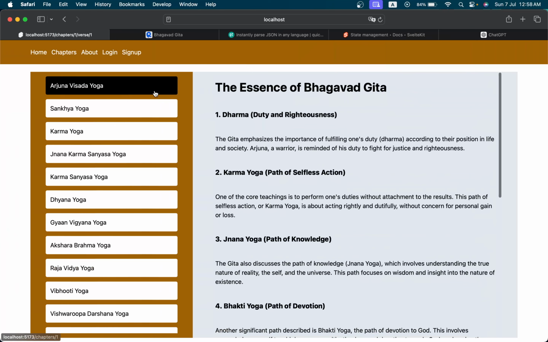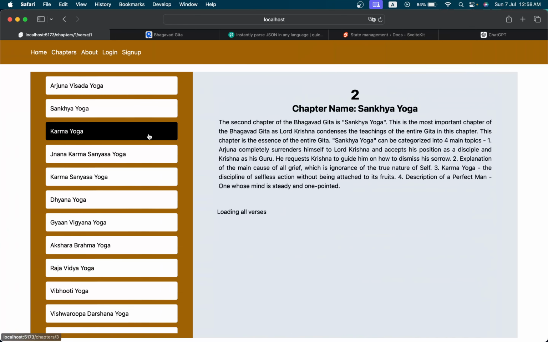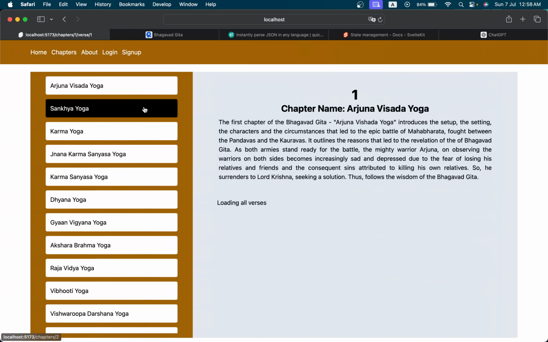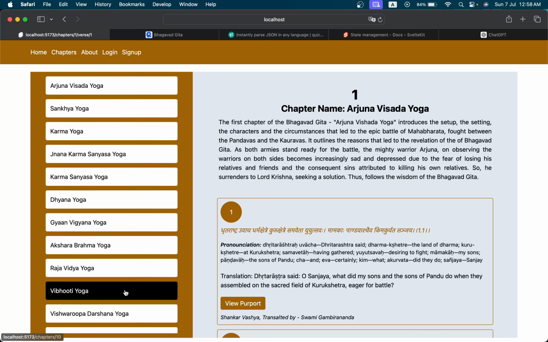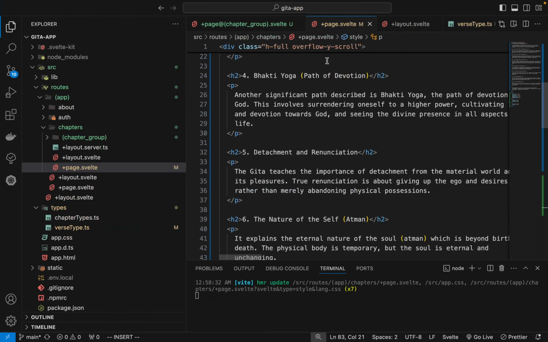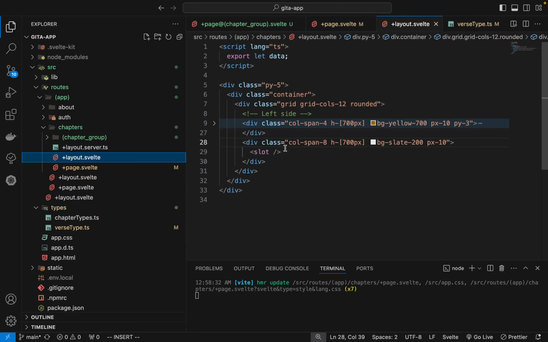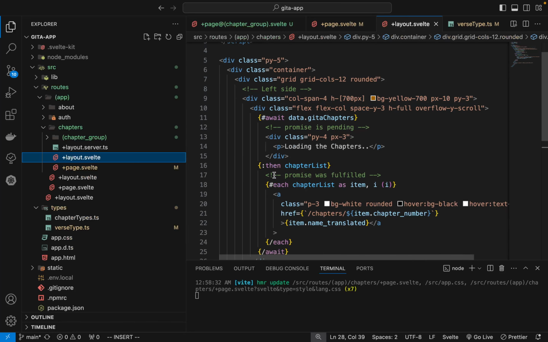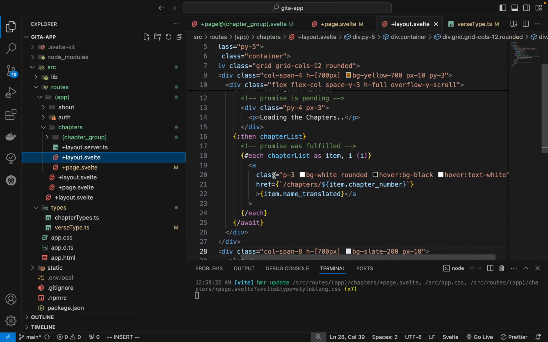So we can see it. Now if you want this layout which has the loading data,